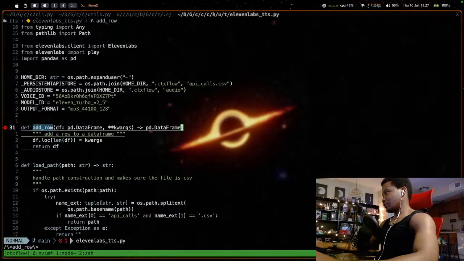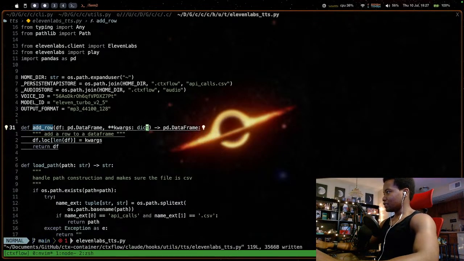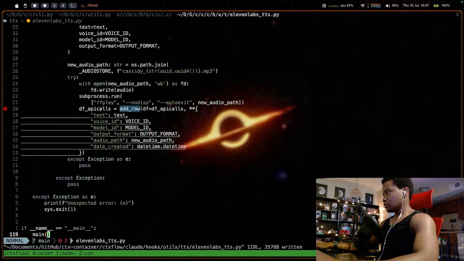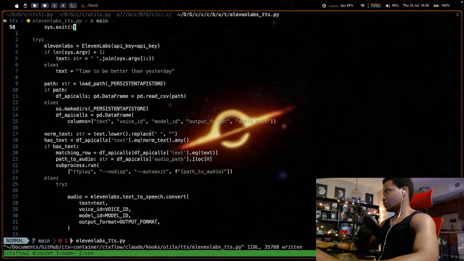I would type it as probably what, since it's forcing me. I could type it as a dictionary, alright? It would still work. But nah, I don't even know what that would break down to.